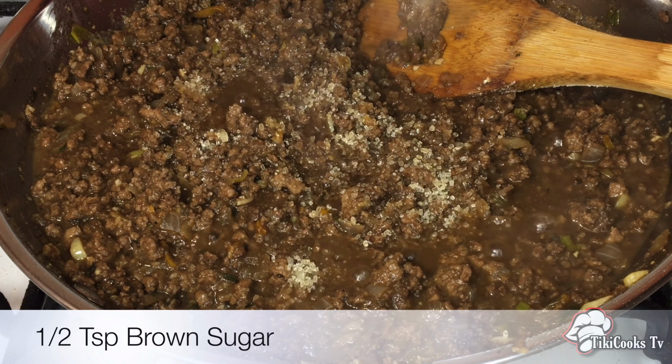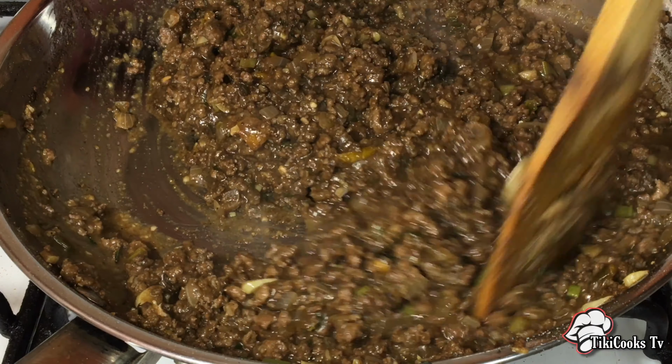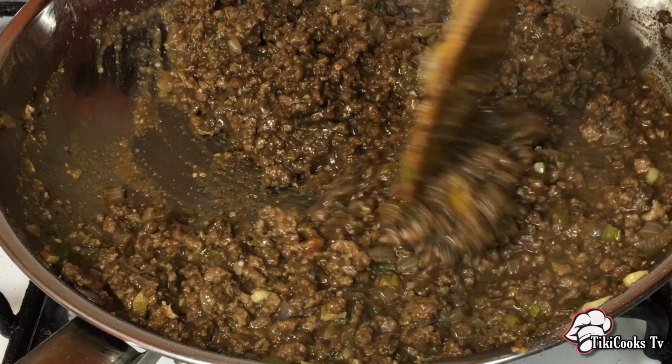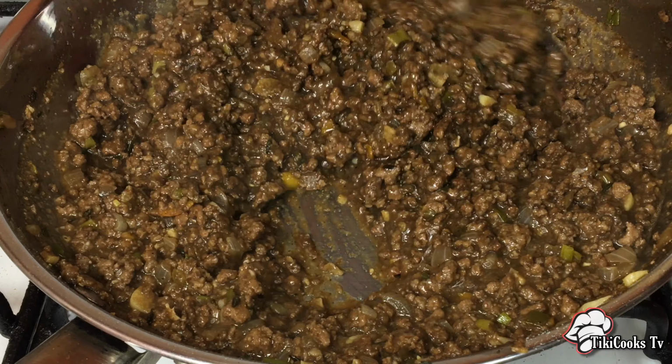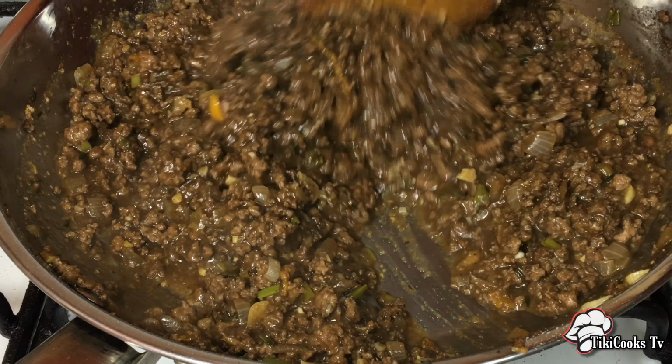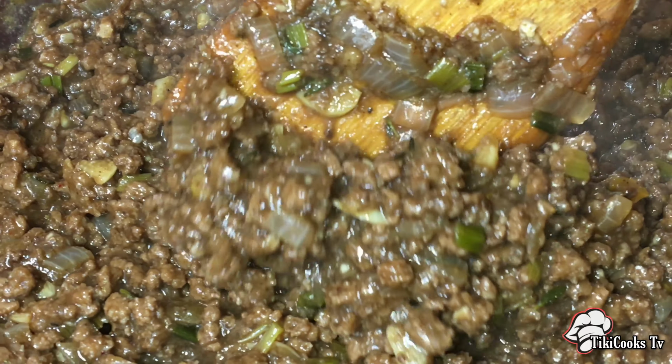Now I'm adding 1/2 teaspoon of sugar. Once again, this isn't a sweet filling, it's still savory. The sugar just gives it a little extra kick, a little oomph, a little push to the side, a little tap on the butt, you know, that little something there. Yo, look at that. May I tell you that it's nice, but at the moment